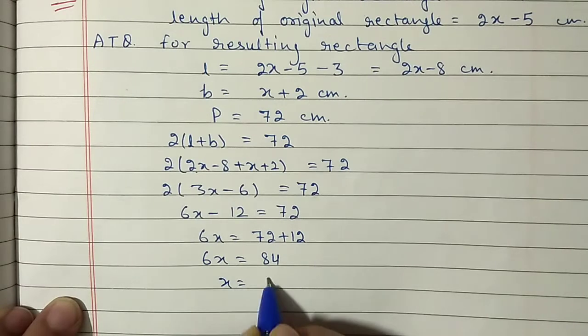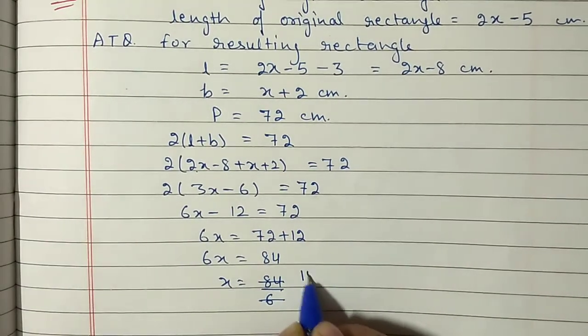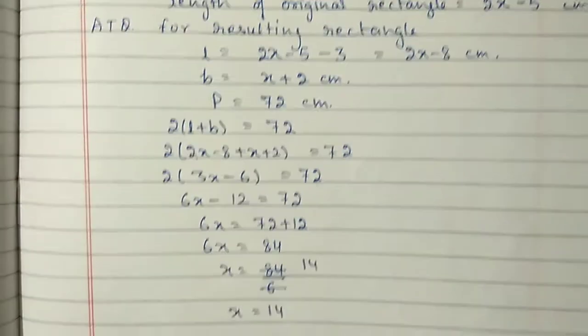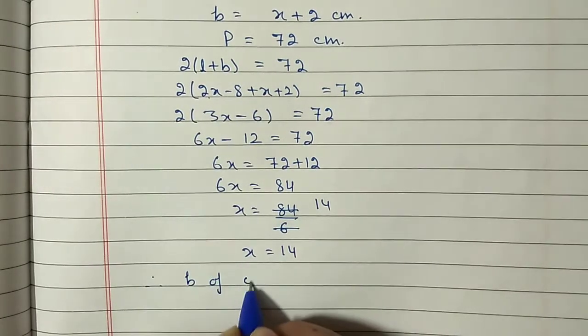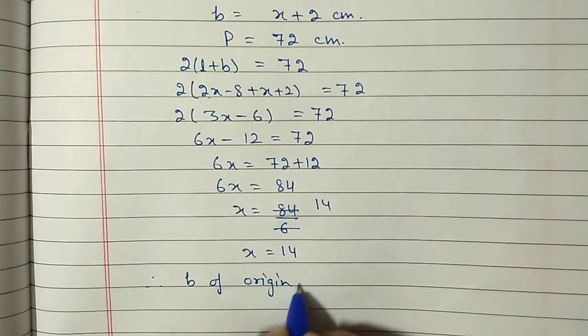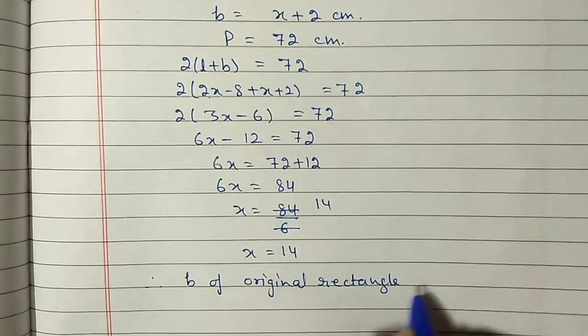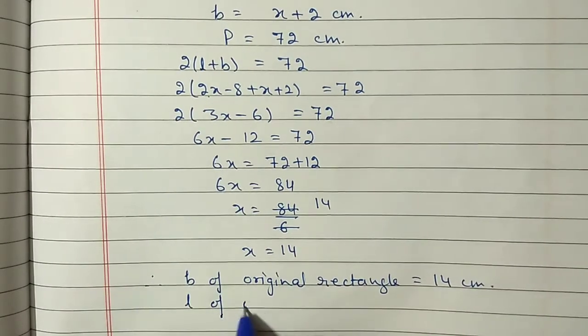So x is equal to 84 by 6. Cancel out 6 1s are 6 and 6 14s are 84. So the value of x is 14. Therefore, breadth of original rectangle is 14 centimeter and length of original rectangle